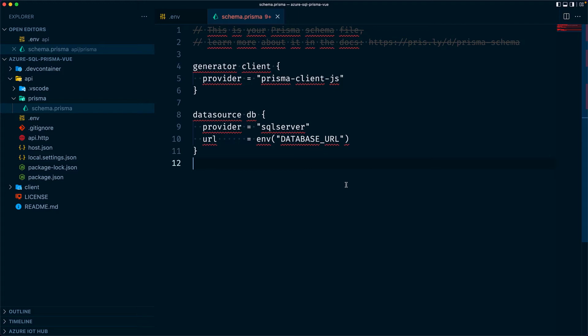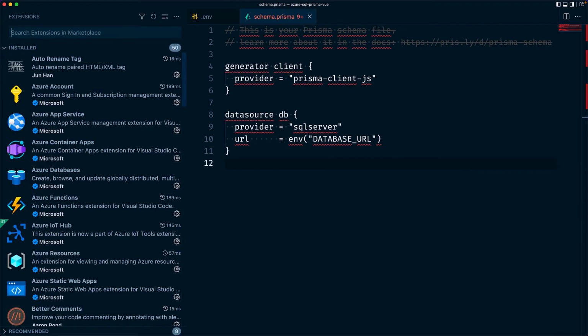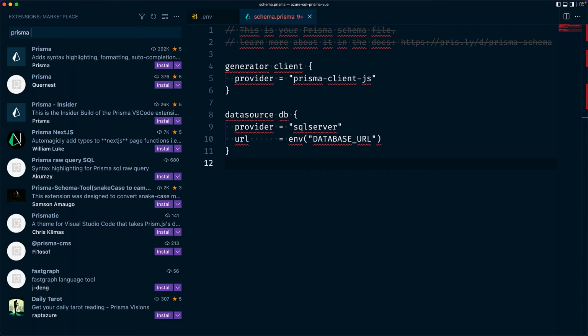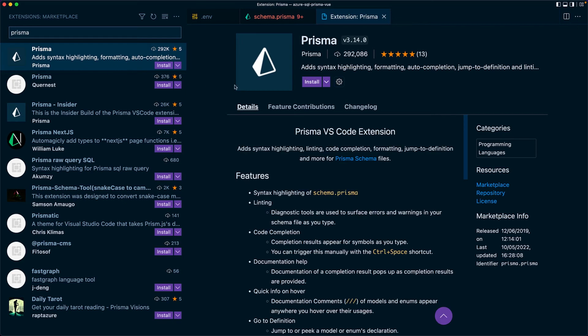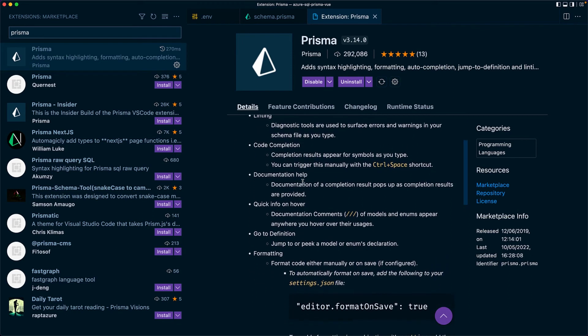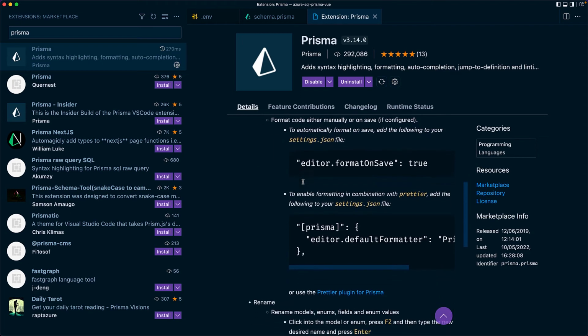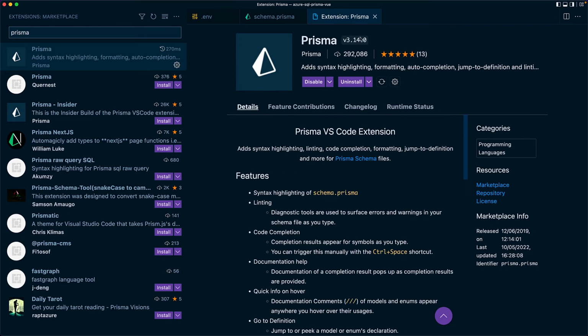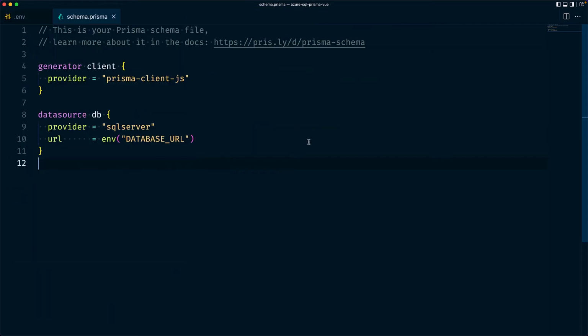If this is your first time using Prisma, you'll probably notice that your schema.prisma file has no syntax highlighting, and in the event of an error, it might be challenging to figure out where you went wrong. So let's fix it. Head over to the VS Code extension marketplace, and then search for Prisma, and install the extension called Prisma by Prisma. The extension will provide all the syntax highlighting, code completion, formatting, renaming, and linting goodness that you need when working in a schema.prisma file. Once the installation is complete, navigate back to your Prisma schema, and now you have syntax highlighting. We're all set, so let's get started modeling our schema.